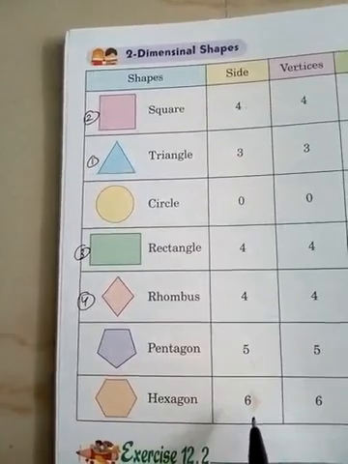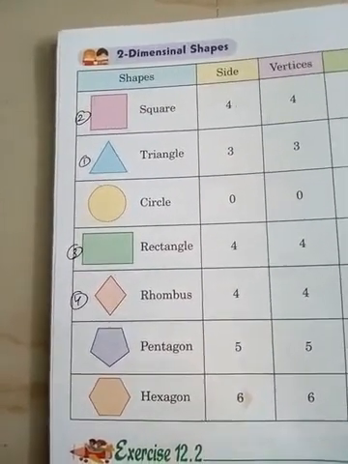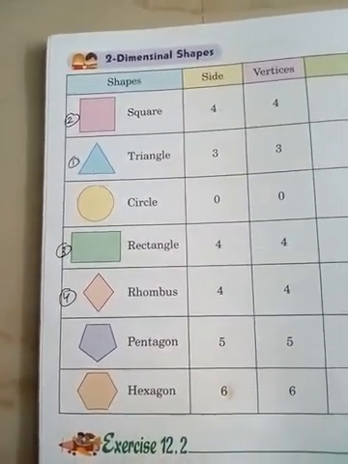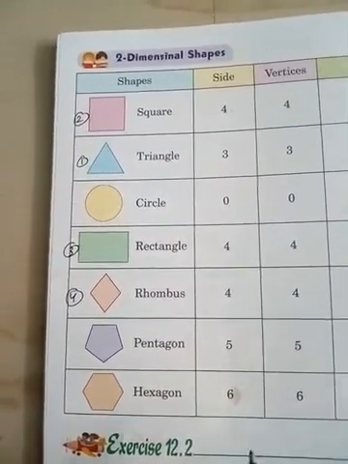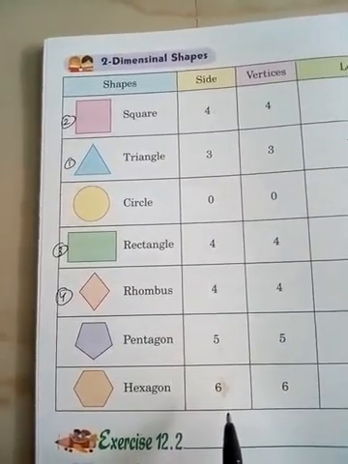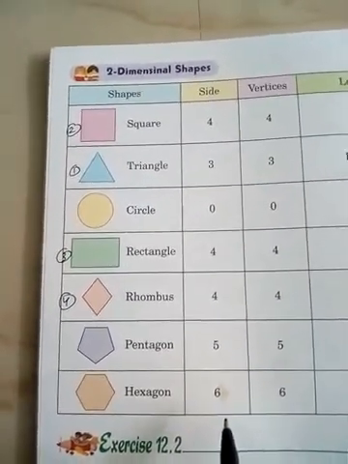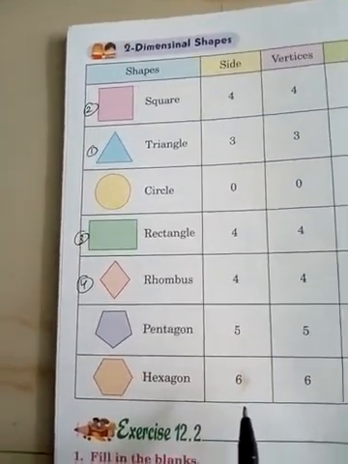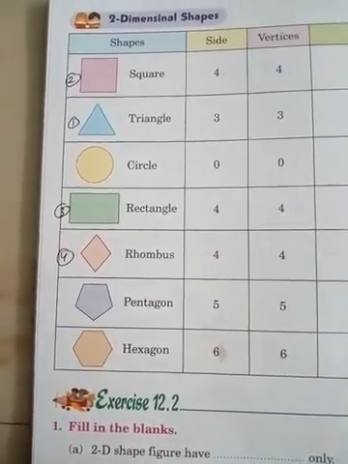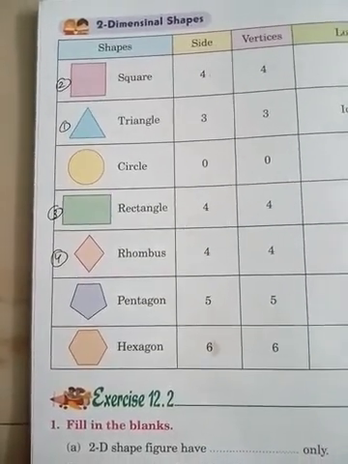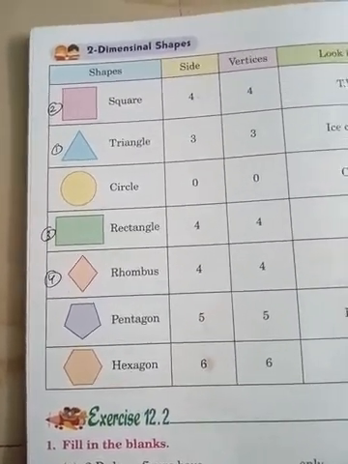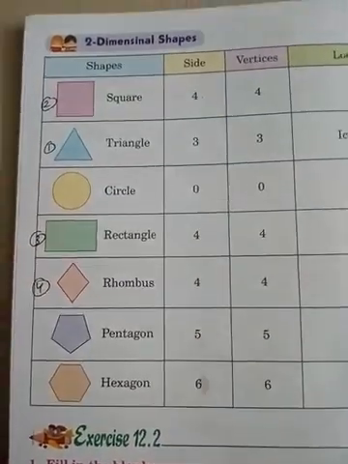7 sides are also there, beta, then 8, then 9 and then 10. Okay, and you have to find out what we call them, like the shape which has 7 sides, what we call it. You have to find out what we call it. You can take help from your parents, from your elder brother, sister, from any neighbor or from anywhere. And if you don't get anything, you can take help from the internet also. So what do we call a shape which has 7 sides, 8 sides, 9 sides and 10 sides.